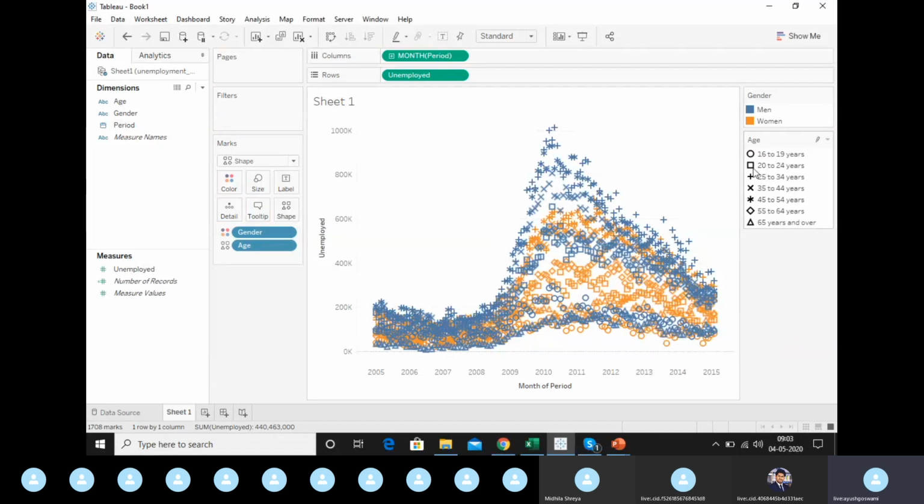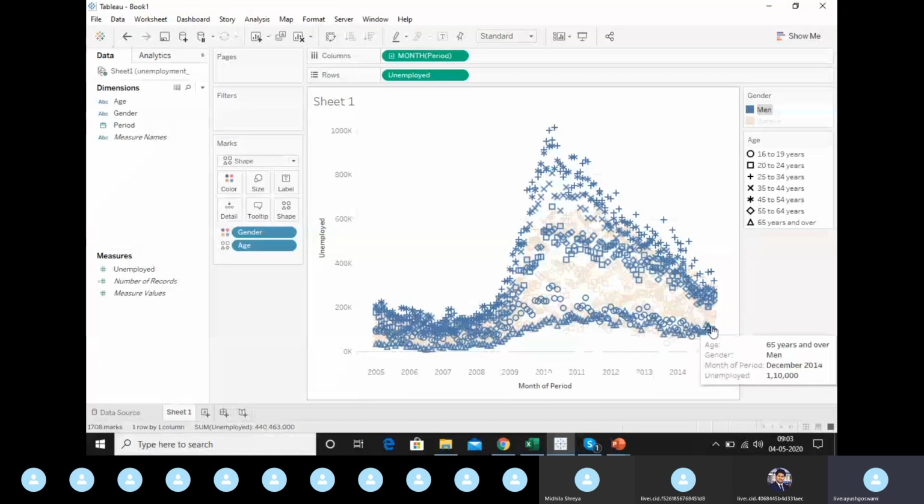And for that reason we have an option to highlight, right? We discussed in the introduction, we'll be covering this. So if you want to see only the men here, you'll just click on men in this color legend present on the right side of your window. Once I click on this, all the men of respective ages will get highlighted, right? So Tableau does it very smartly. It just selects automatically and will present you with the selected information in a highlighted way. Same way you can do it for women. So now it is showing you women for different age groups, and this is how it is done, right?